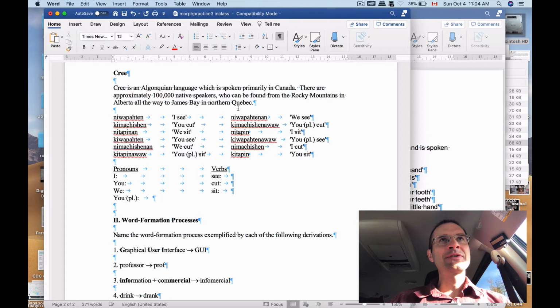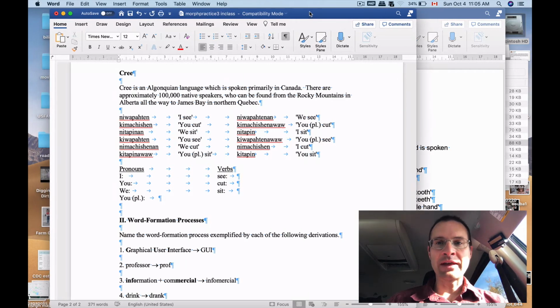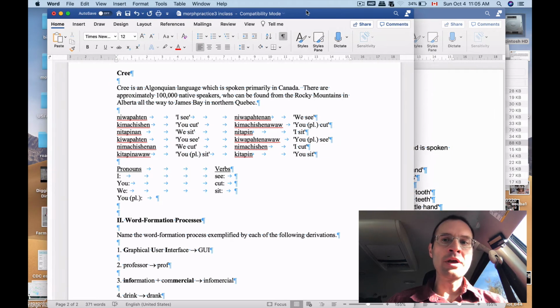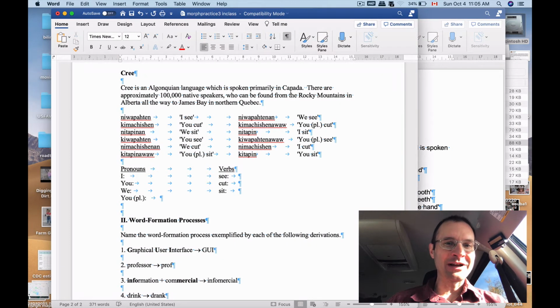Last time I taught this class, there was an NHL game which had been played shortly before we did this problem, in which the national anthem was sung in Cree, which is pretty cool. So I'll try to find a video of that for you. I played it in class last time. I don't have it on me at the moment, but I'll provide you a link on the web page.